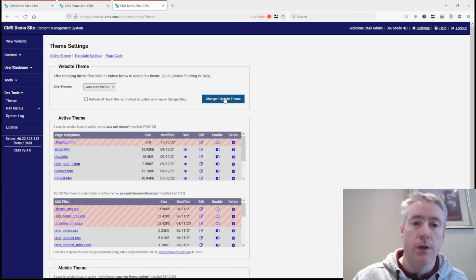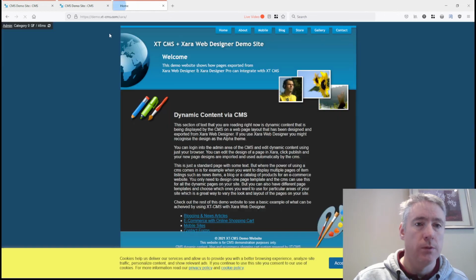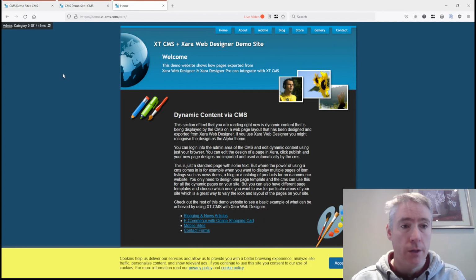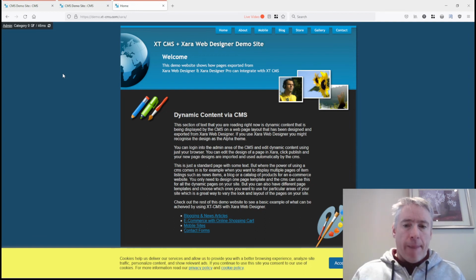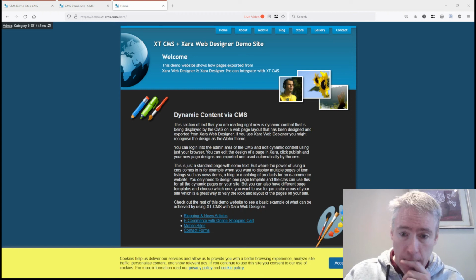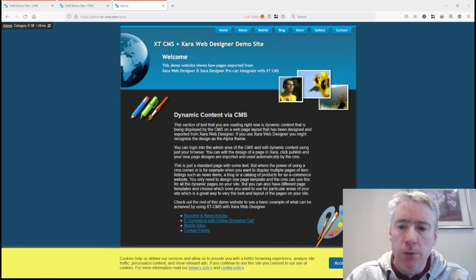So if you're updating your website and uploading changes, it's a nice way to just click this button here, view website. It's just a fast way of looking at the page and refreshing it without jumping back and forth into the admin area. So that is that. What else have we got on the list? Dev mode. Okay, so that's pretty much all the admin stuff that I wanted to go through.